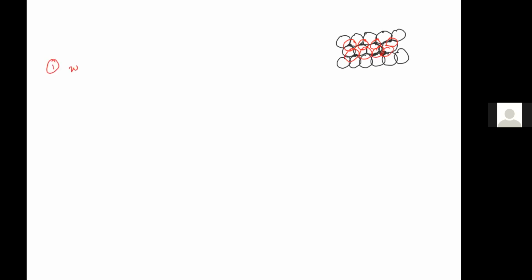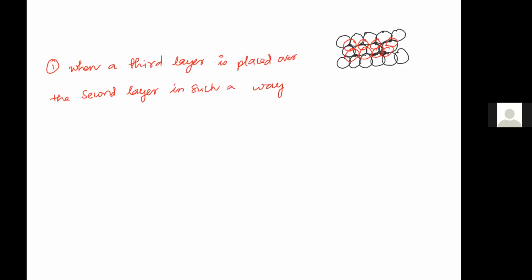It is when a third layer is placed over the second layer in such a way that spheres cover the tetrahedral voids. The tetrahedral voids are nothing but